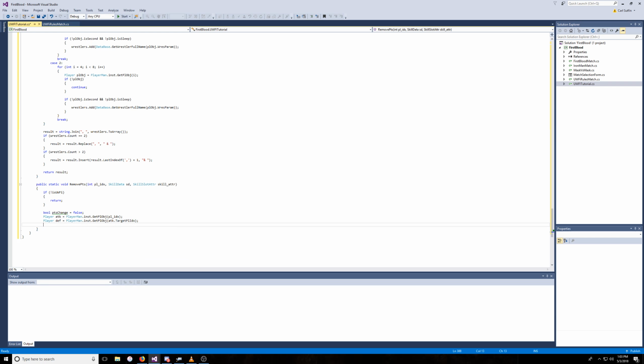So that will get us our players. So let's set it so that if they do a suplex, the person that they're suplexing loses a point. So if SD.filteringType equals SkillFilteringType.Suplex,